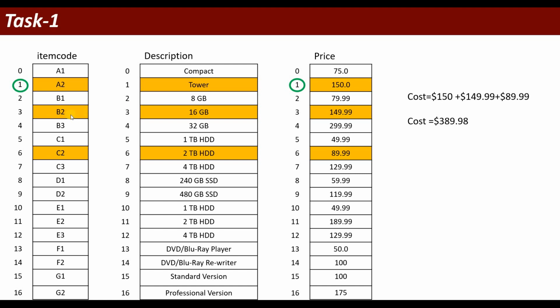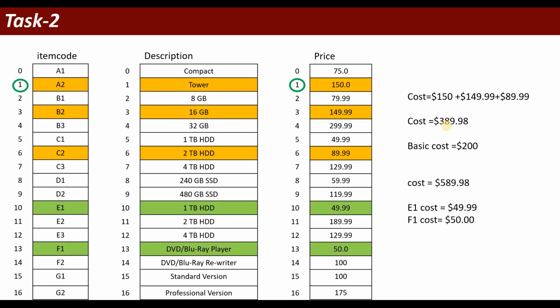For RAM, suppose you have selected item code B2, the 16 GB RAM at 149.99, and then C2, the 2 TB hard drive at $89.99. If you calculate all the cost, it is $389.98 plus the basic cost. Basic cost is $200, and then you will get a total cost of 589.98.